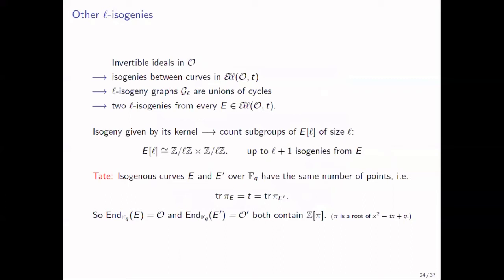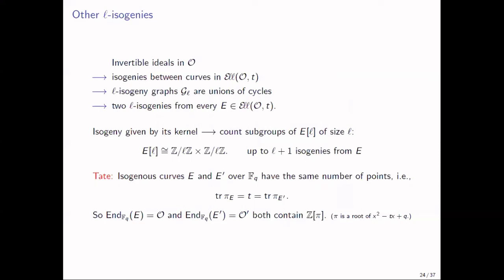Okay, so far I told you about invertible ideals, and I told you that they preserve the endomorphism ring and the trace, and now the isogeny graphs that we saw were all just unions of cycles. And that means that from every elliptic curve, there were just 2 isogenies in every direction. But an isogeny is given by its kernel, and there can be up to l+1 isogenies, because there can be up to l+1 cyclic subgroups of size l for any elliptic curve. And so we need slightly